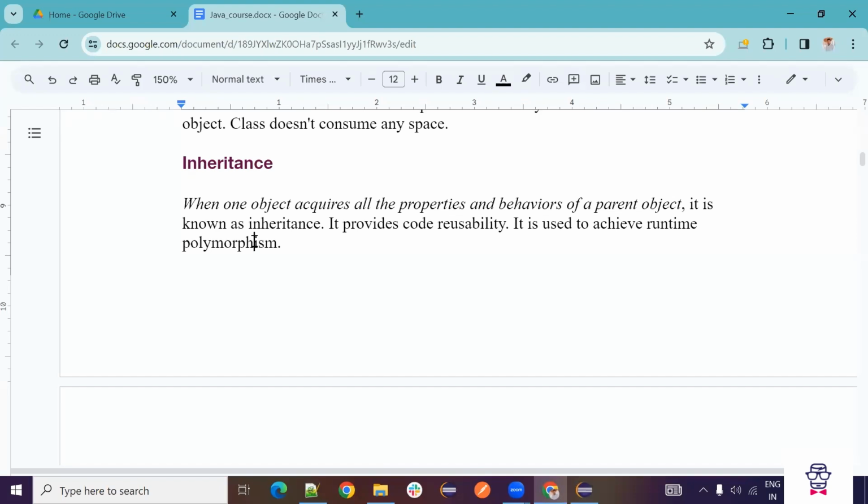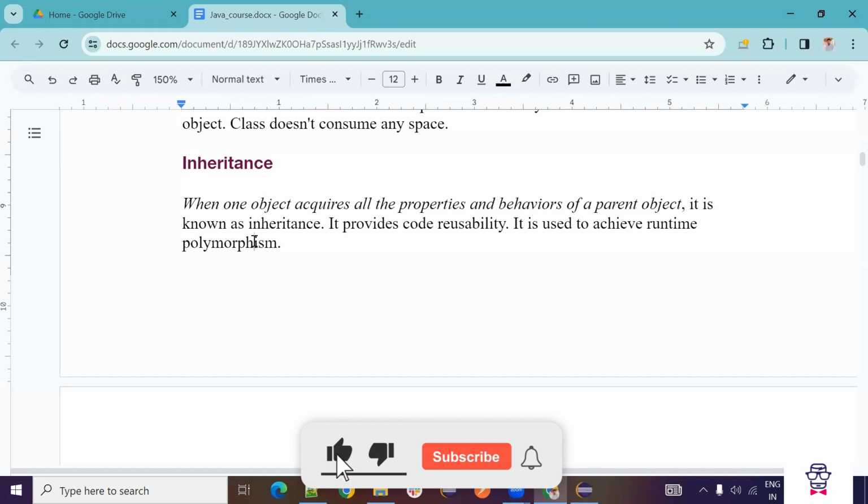If you want to use those two methods in class B, which means in class B we are not implementing those two methods. Class A has those two methods. Still, we can use them in class B. So that is called inheritance. There is a parent class and this is like a child class. In the parent, if you have some methods, and you can use them in the child class, then that is called inheritance.